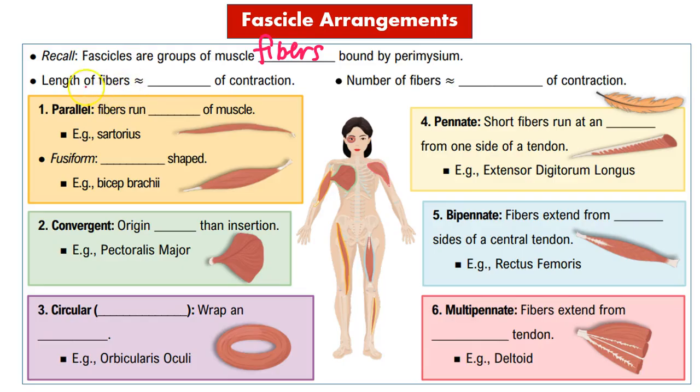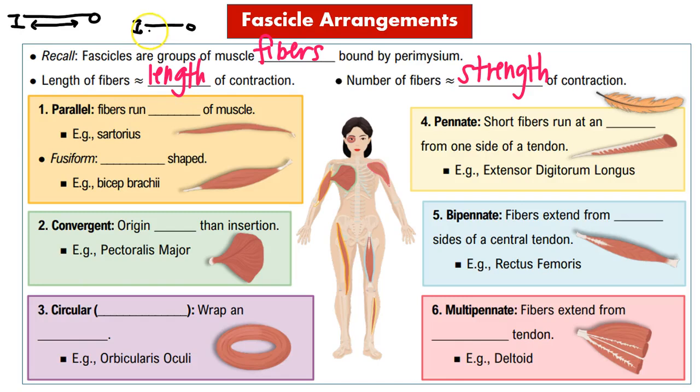The length of fibers is going to tell us the length of a contraction, while the number of fibers, how many there are, is going to tell us the strength of a contraction. Think about this when it comes to the length of the fibers. If you have a very long fiber versus a very short fiber, with a very long fiber you're going to have your insertion, your origin, and your goal is to contract, right? And so you're also going to have a longer contraction because you have a longer distance between the origin and insertion. Makes sense? Versus when you have a short fiber, you have your origin and your insertion here,